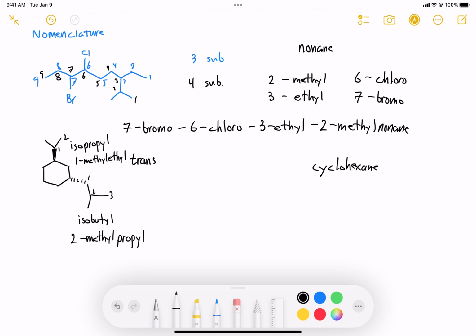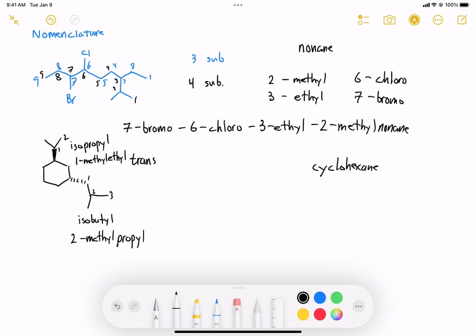So we could do an iso. Depending on which one you use, the common name for the substituent or the complex name, you have to be consistent. If you're not consistent, the name will be wrong by default. So make sure you're consistent in which naming you want to use. But if you have trouble remembering isobutyl, isopropyl, just name it the systematic way. That's also fine. Okay. So if we compare these